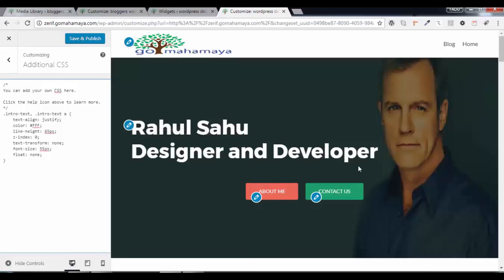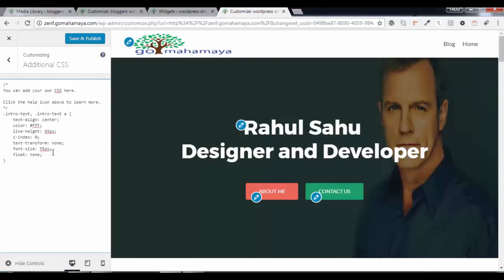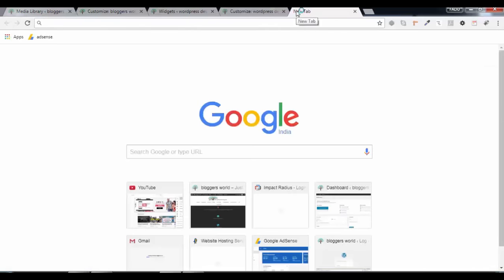This thing will be coming one side. If you like this, you say publish, or you can write back to center. And I'll be changing color from white to the color which is suitable for my background. And now we'll change the color of this to blue color. If you want to add this as a yellow or orange, type the color code for that color, whatever color